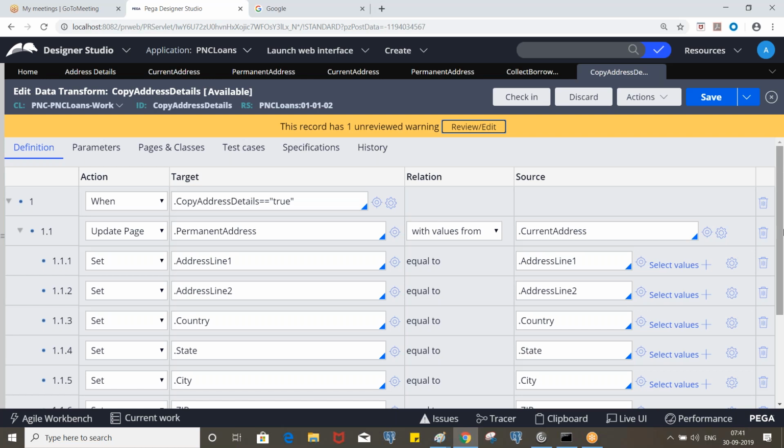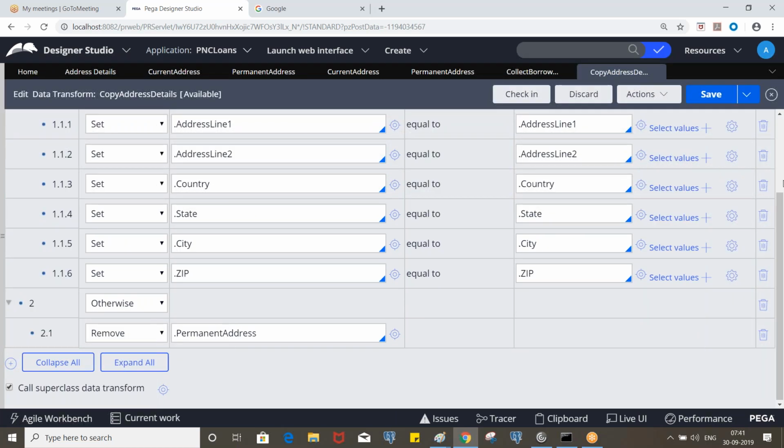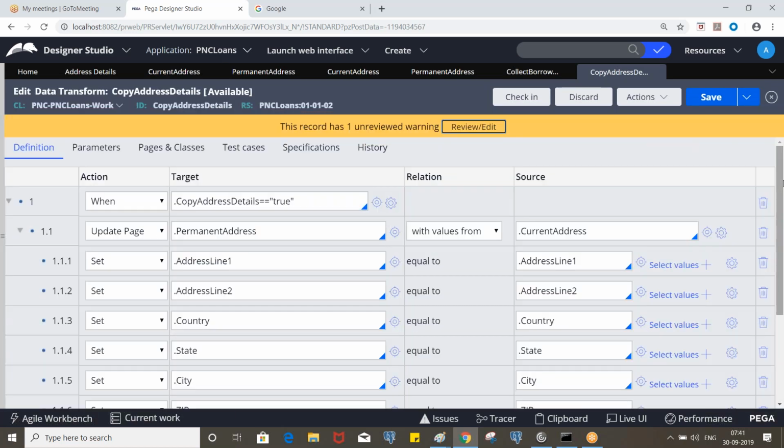If the address line 1 data and the address line 2 data are both similar, meaning it's a duplicate, how is the loop going to be? This is not a loop. We go for a loop when we have an embedded page list. This is not a loop. We have the details in the current address space like this, and we are just assigning it. Okay, got it. Thank you.